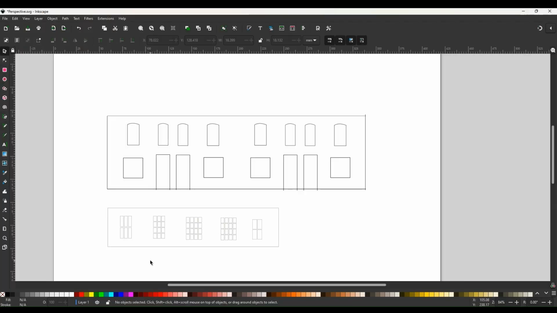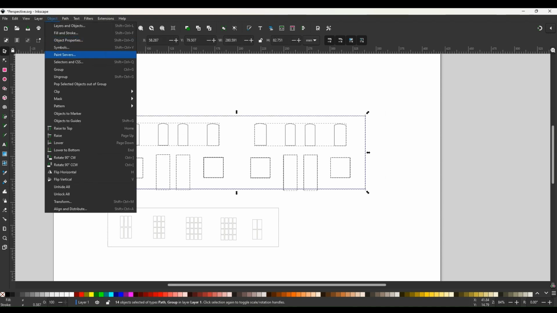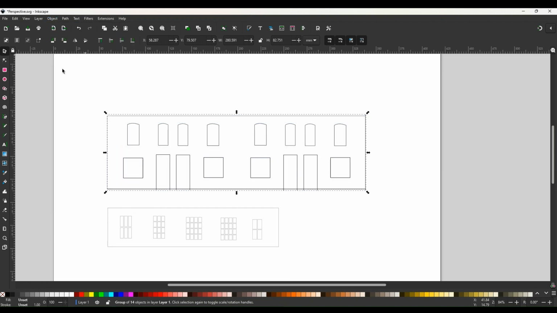In this part of the video, I'm going to add window frames to the openings. However, before you do, you must make the first part of your drawing into an object and group it. Now you can add the window frames to the openings, and I'm using them from a library of window frames